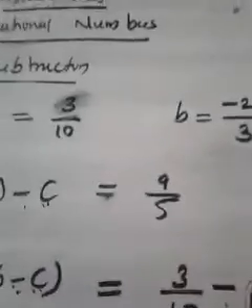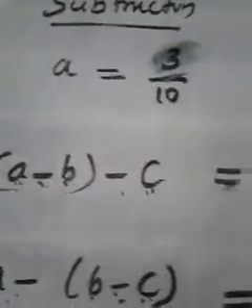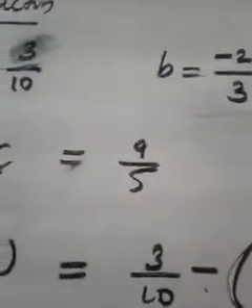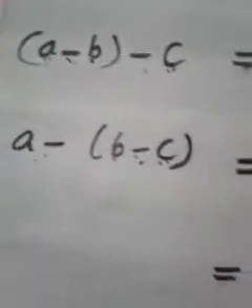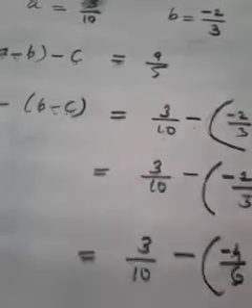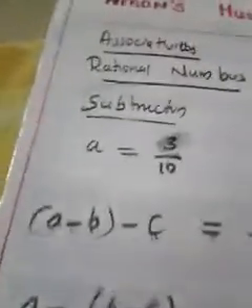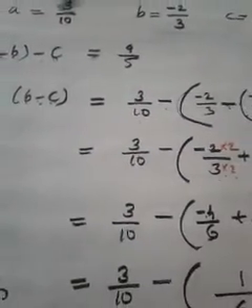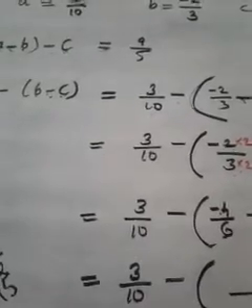In the first case, when I calculated a minus b minus c, I got the result as 9 by 5. And when I calculated the second case, a minus b minus c with the bracket, I got the result as 2 by 15. Can you say both are equal? No, both are totally different. So in the very first example itself, it is spoiling. It is not satisfying. We only did one example, and that example itself is not satisfying. So which conclusion can we reach now? Is there any need to do one more example? No, because one example is spoiling.